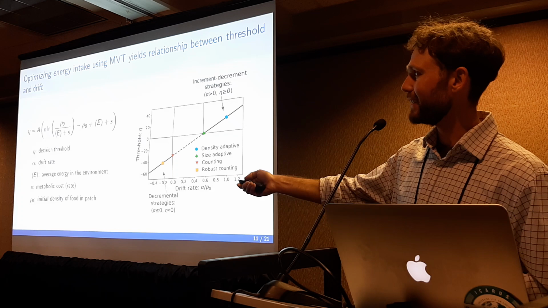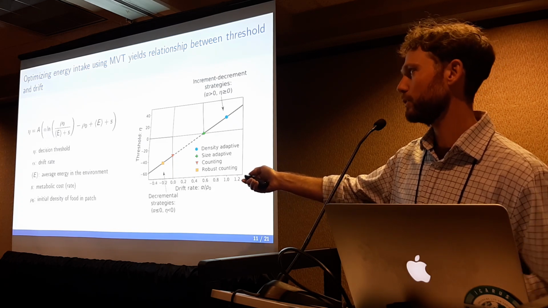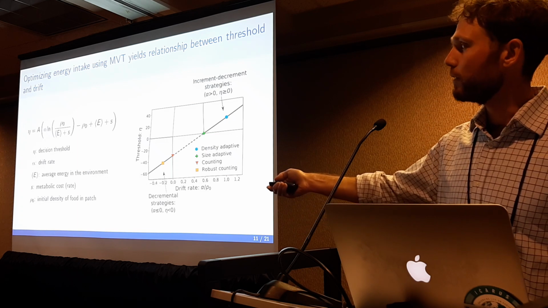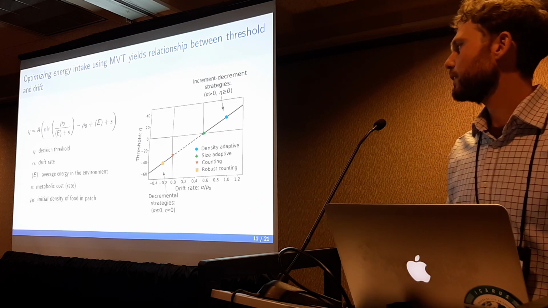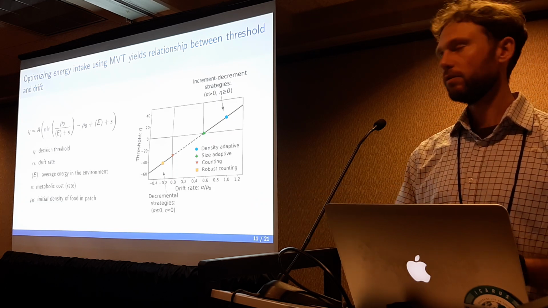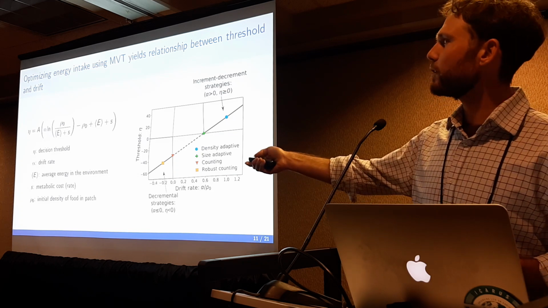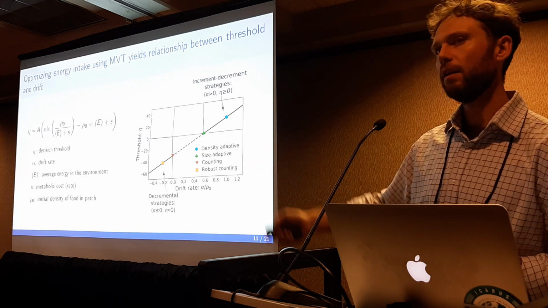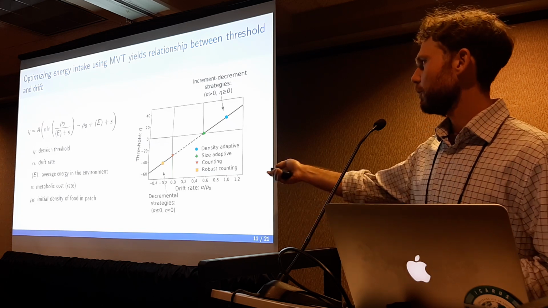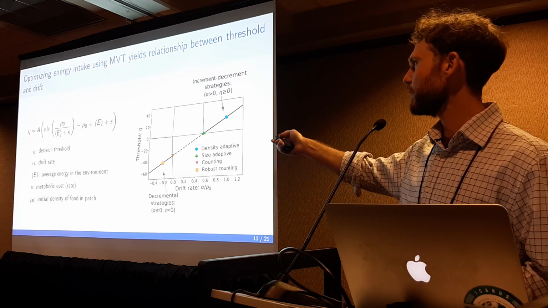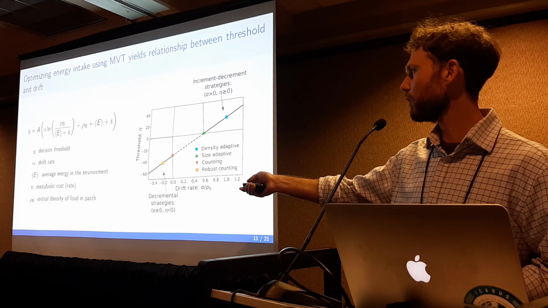Then this relationship is actually a linear relationship, and it's in terms of the other environmental parameters, which are the average energy in the environment, metabolic costs, and the initial density of food in the patches, kind of the patch quality. However, along this line, when this relationship is satisfied, decisions will always be optimal according to the marginal value theorem. So we can choose the drift rate alpha and the threshold eta anywhere along this line,